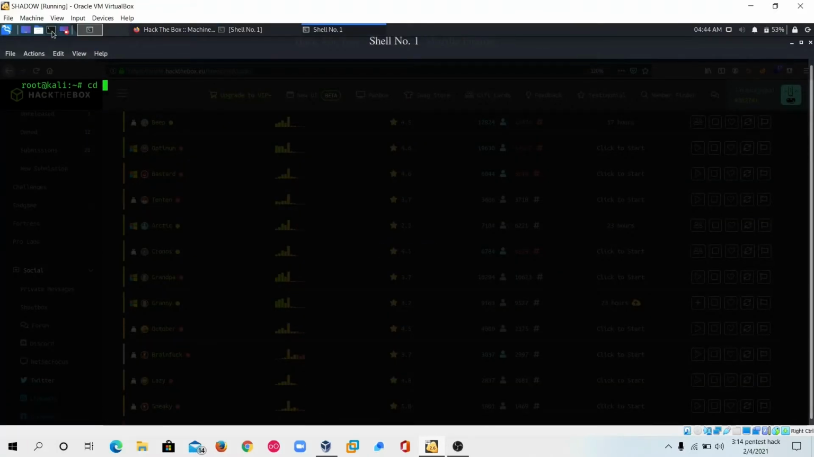cd hack the box, cd granny. So I have already done the nmap scanning. If we see the result of nmap here,